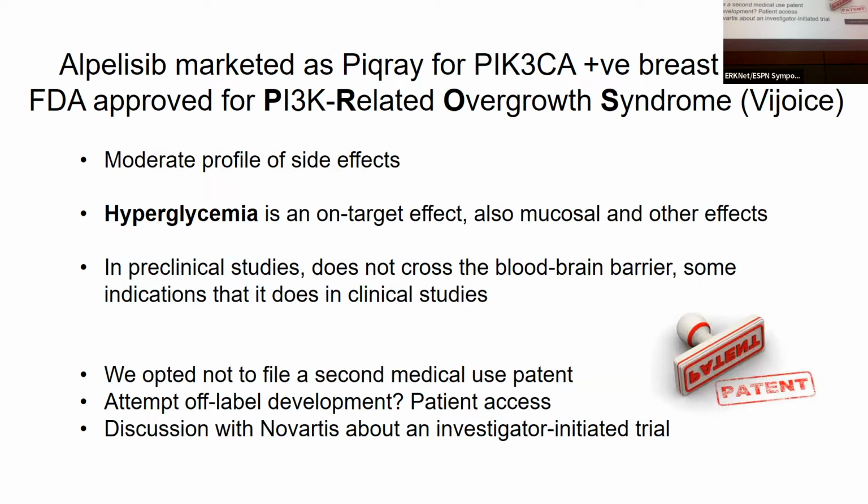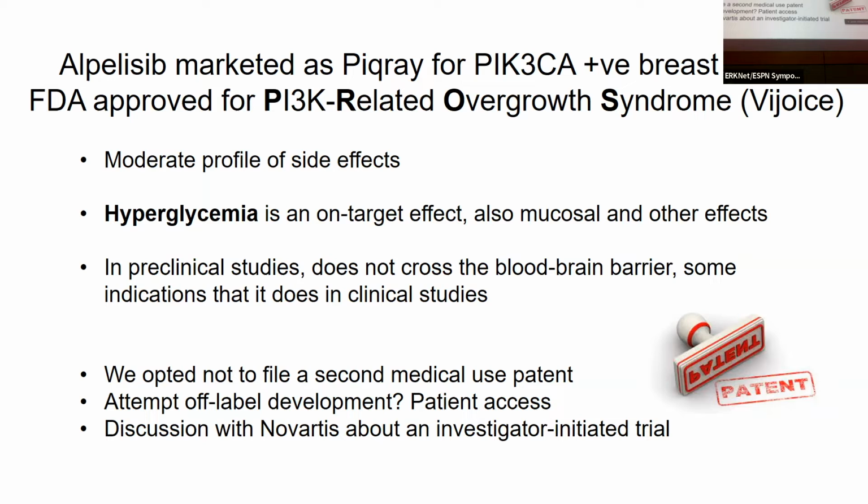So it has a moderate profile of side effects. Hyperglycemia is a major on-target side effect, and that's because it's a direct inhibitor of class 1 PI3 kinase, so that's expected and inevitable. In preclinical studies, alpelisib is not supposed to be crossing the blood-brain barrier, but in clinical use, there are some indications that it does. For example, some of the PROS children that suffer from seizures have seen an improvement when they've been on alpelisib